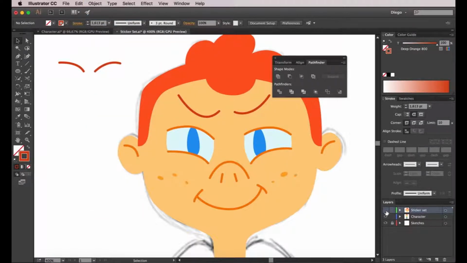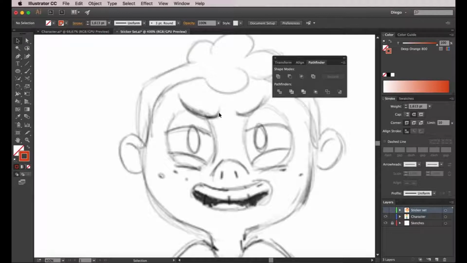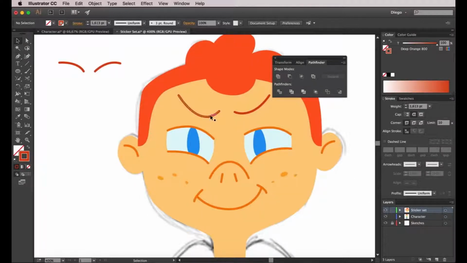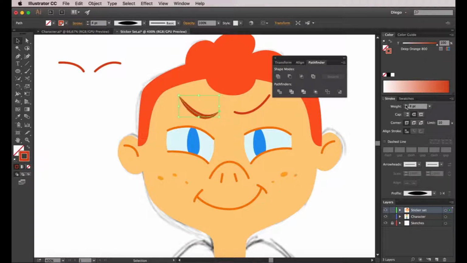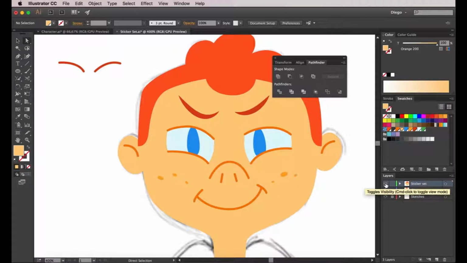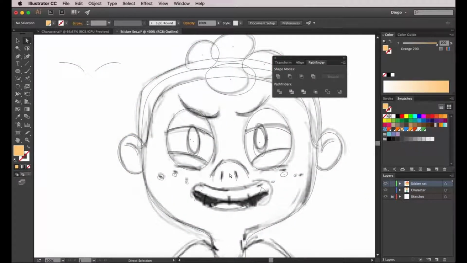and as you can see on the original sketch, they were more pronounced, they were thicker. So I'm going to go to the stroke panel, go to Profile, select this profile, and enlarge the weight. Okay, so now I'm going to again control click on the eye,